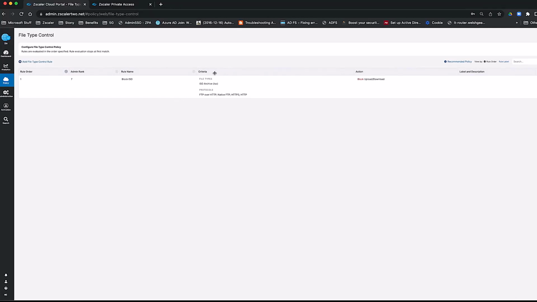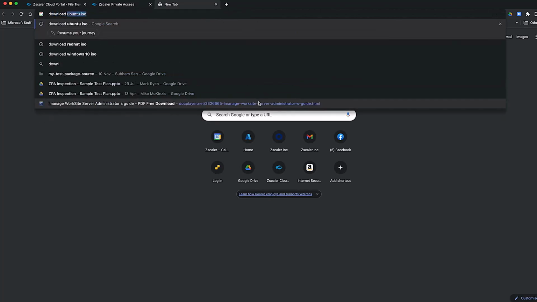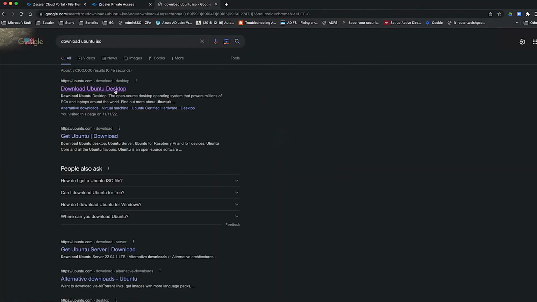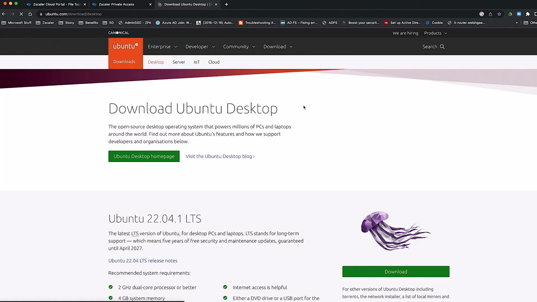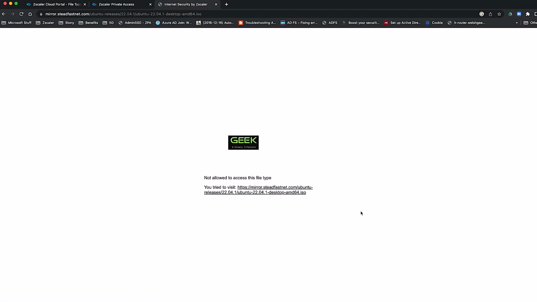So in this case, I've got a hard block for ISO images, easy to synthesize. We can say download Ubuntu ISO image. We can easily come across to the Ubuntu download page. We can click download, and of course what it'll do is it'll open up the download image, and then we